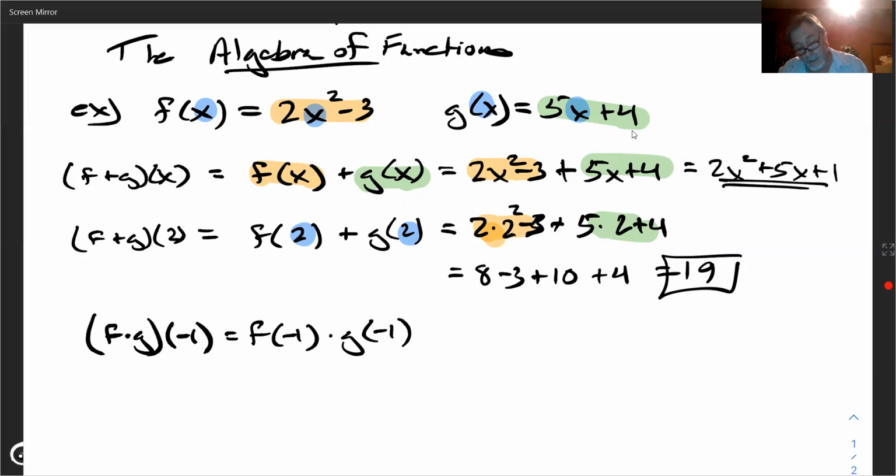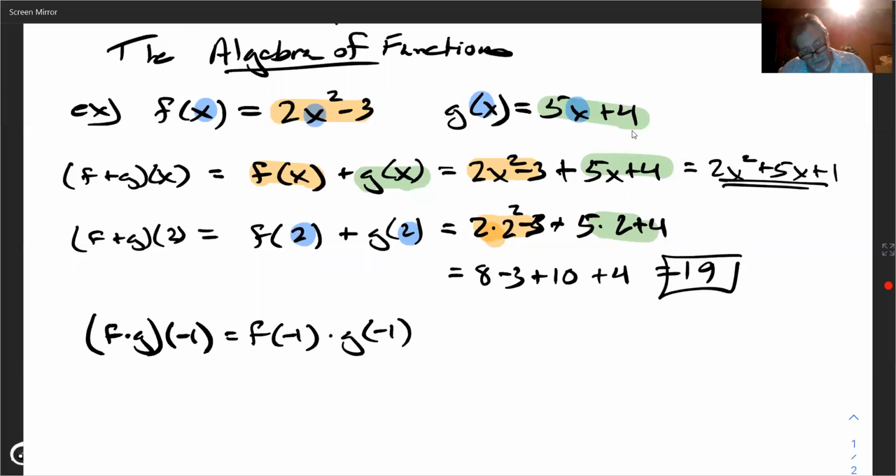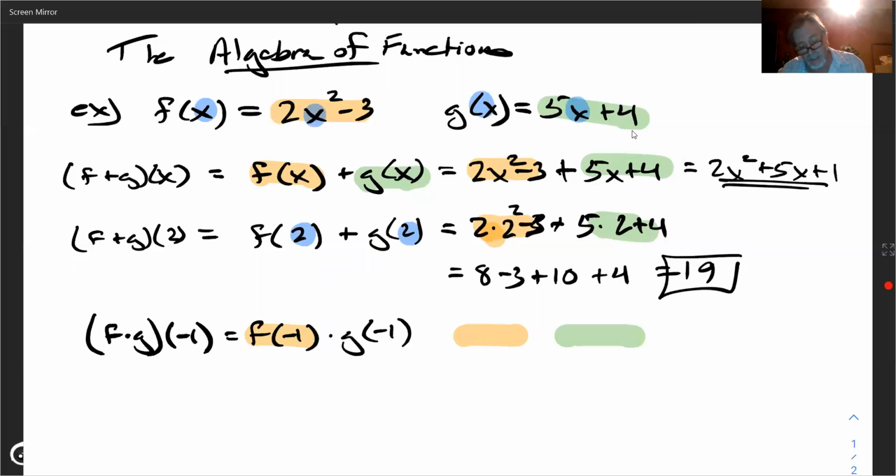Okay, here we go. Color coding it again. There is f. We're going to go f of minus 1. And we're going to go times g of minus 1. Okay, but what is f of minus 1? Uh-oh, not color again. You bet. I'm going to go f of minus 1. I plug it in for f. And minus 1, I plug it in for g upstairs. Okay? That was weird. Anyway,